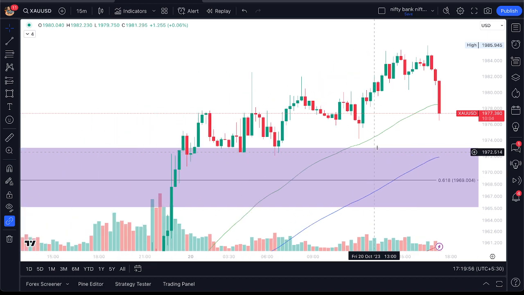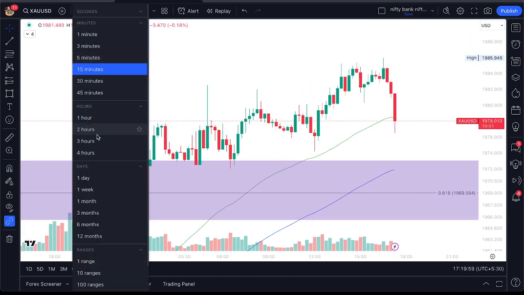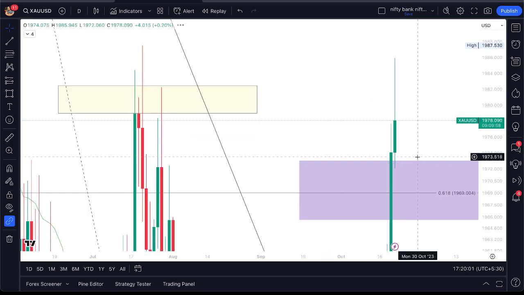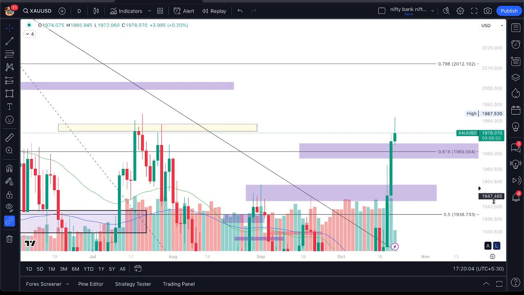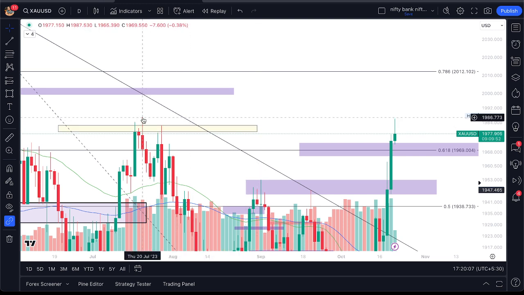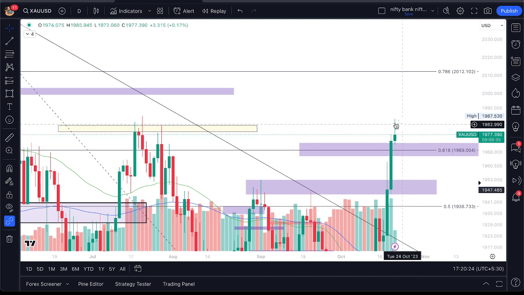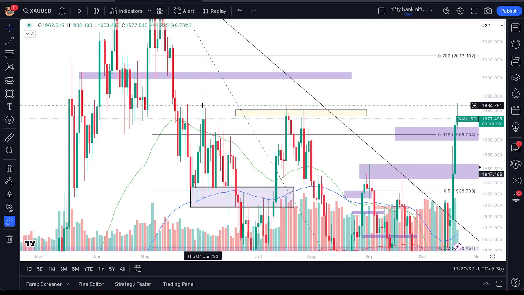If I look at the major zone now, I'll go again to the daily time frame. The major pullback from this high is near 1985. So 1985 is a good zone of interest if you see the previous level. It didn't touch that high, but 1985 is a round number, so it came back from 1985 to 1977 right now. It has responded from 1980 to 1985 earlier as well, several times.